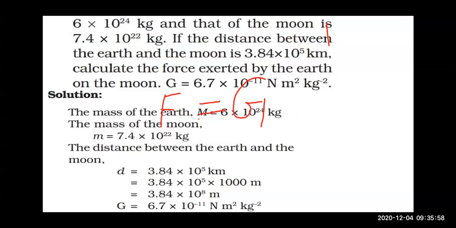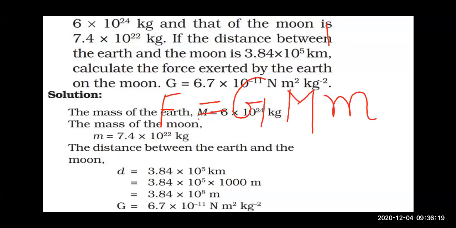Right, children? We saw its value also yesterday. That was 6.67 into 10 to the power minus 11. Unit was Newton meter square per kg square, into mass of first body, mass of second body